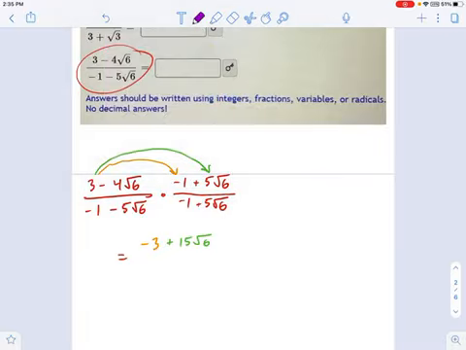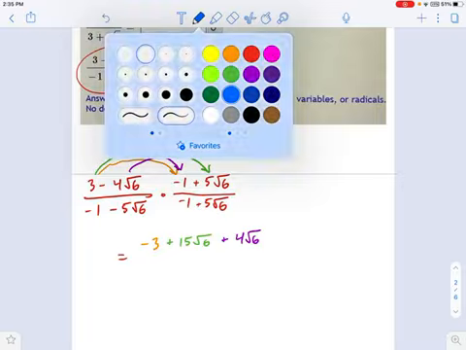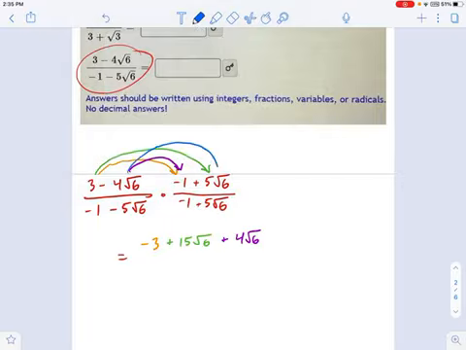And then we have negative 4 radical 6 times negative 1. So that'll be positive 4 radical 6. And our last one here will be negative 4 radical 6 times 5 radical 6. That'll be negative 20 radical 6. So clearly there's a lot of radicals left on the top. But remember, the top was not a conjugate. It's the bottom that was the conjugate. On the bottom, this is really easy. It's just a squared minus b squared.